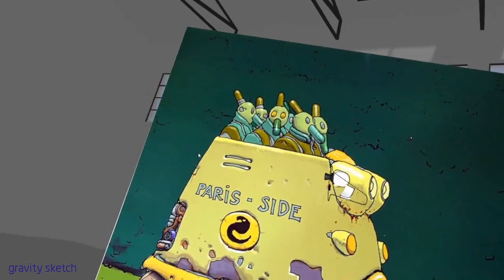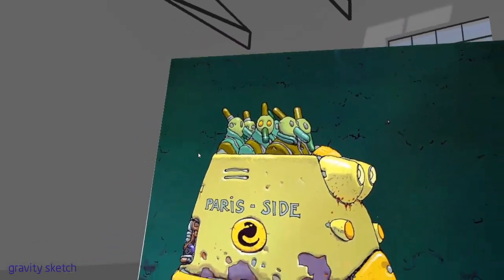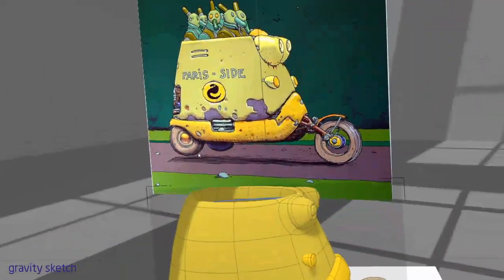There's a yellow thing here on the top. I'm not really sure what it is. I'm not really sure if I like it. I think it's probably just some kind of